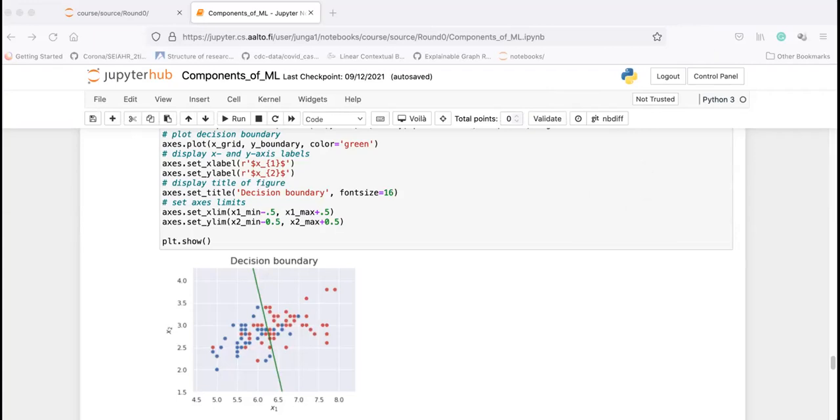But the first actual exercise will be in round 1 on artificial neural networks, and we will release them the latest on 27th of September, and the deadline will be 11th of October. And these deadlines are hard deadlines, so we don't accept any excuses.